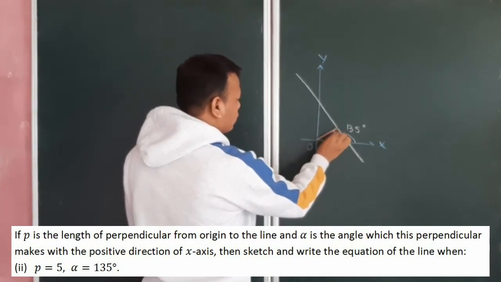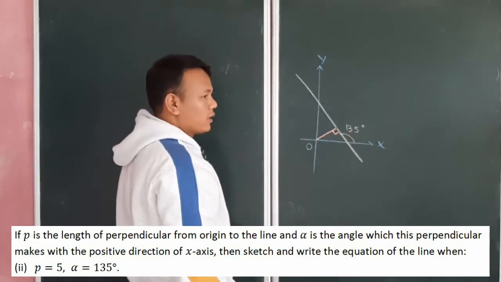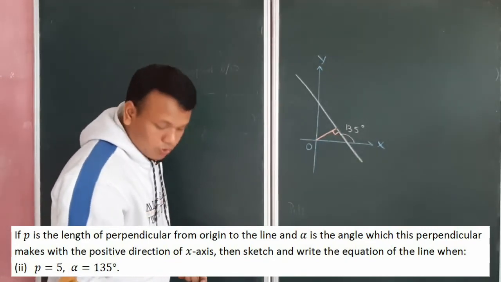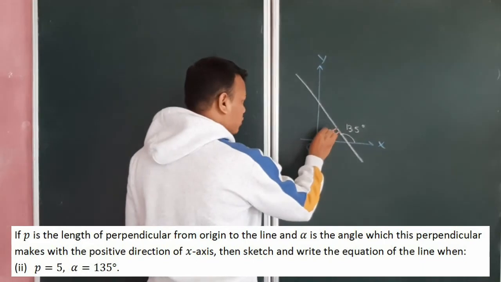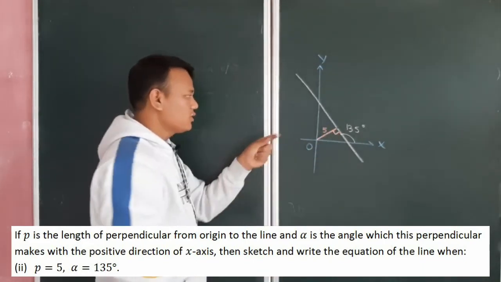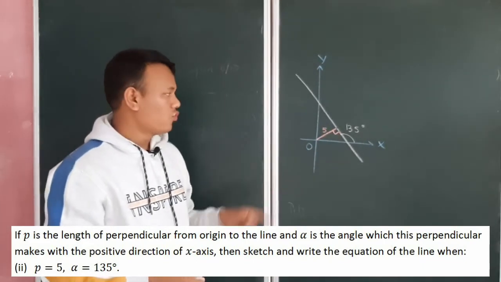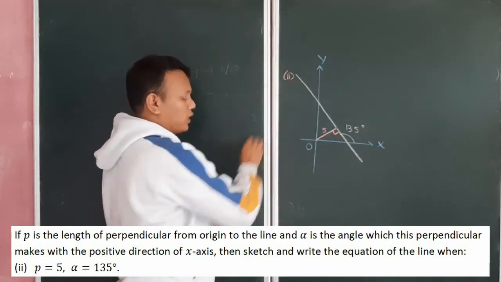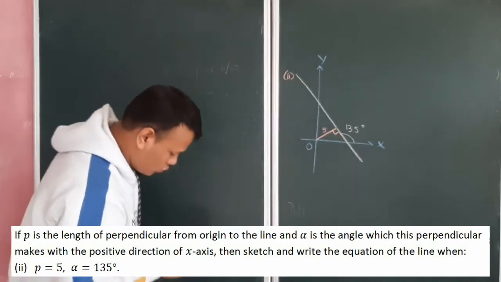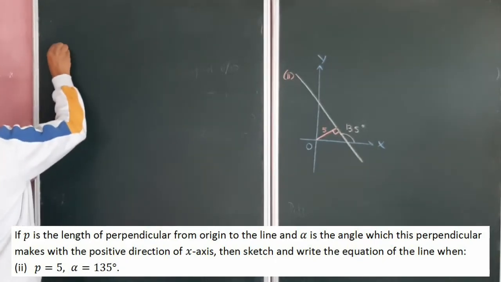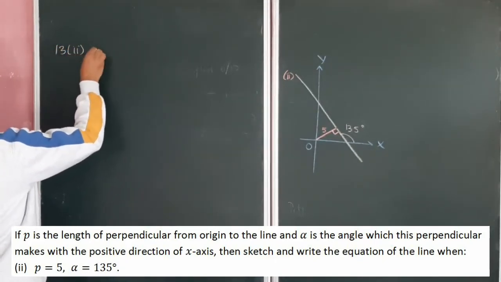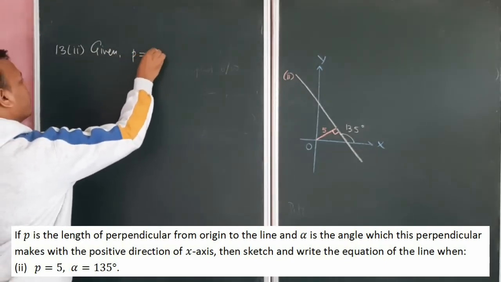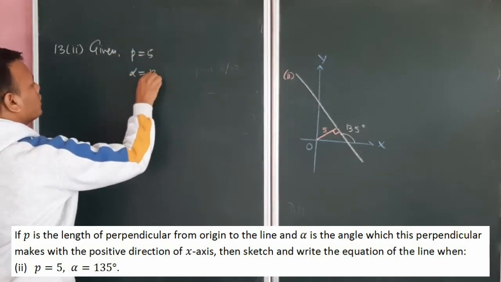Okay, and you need to show that this is perpendicular and the length of the perpendicular. The length of the perpendicular is given to be 5 units. So this is my 5. This is the required sketch for this particular question, that is question number 2. So this is your 13.2, right? Given is p equals 5 and alpha equals 135